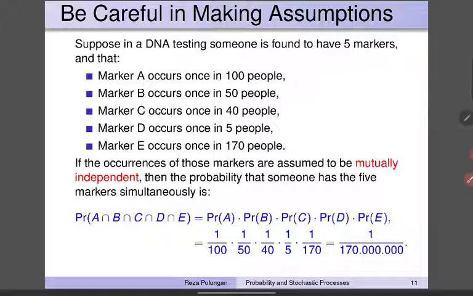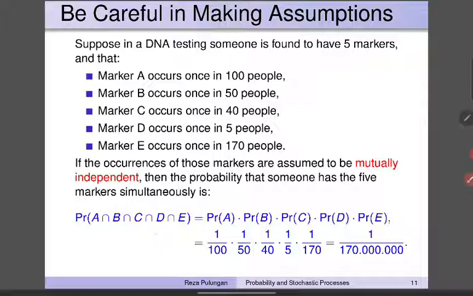Now, if the occurrences of those markers are assumed to be mutually independent, so they don't have any dependence whatsoever, then the probability that someone has the 5 markers simultaneously is equal to,